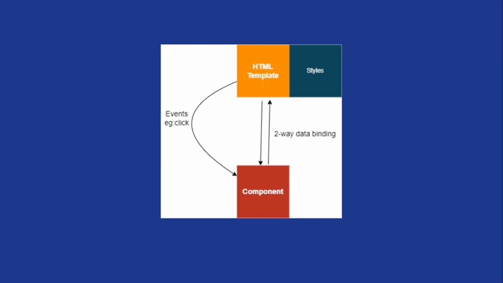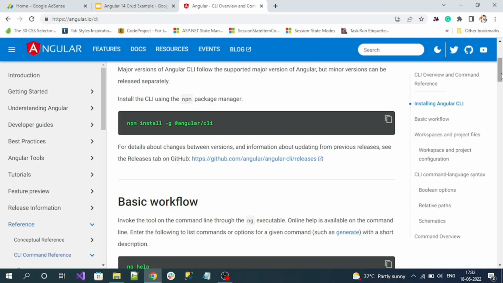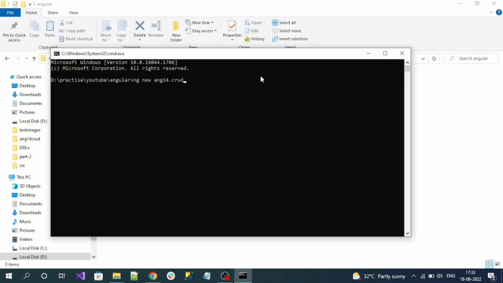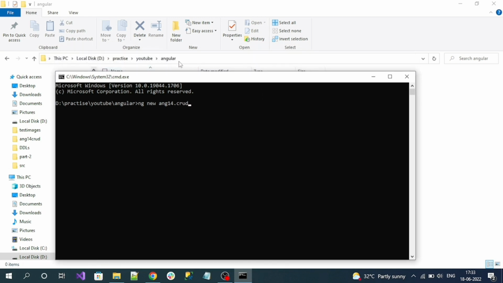So first, let's jump into creating the Angular project. To create an Angular project on our local machine, our machine should contain Angular CLI. So for installing Angular CLI globally on our local machine, please run this command: npm install -g @angular/cli, where -g represents global. Okay, after installing the CLI, for creating the Angular project, create any folder and inside that folder open the terminal and enter the command ng new, followed by the name of your project,